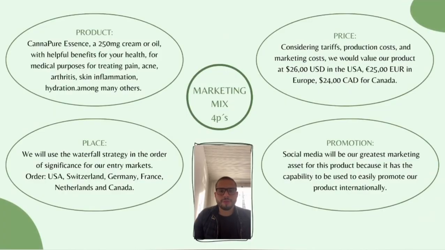Now, in the marketing mix for the 4Ps, in product we decided to offer our Cannapure Essence at 250 milligrams, in cream or oil, with multiple benefits. In price, considering all the variables such as tariffs, production, cost, and marketing, we decided to establish a price of $26 in the USA, 25 euros in Europe, and 24 Canadian dollars in Canada. About the place, we will use a waterfall strategy to enter first in the US market, then Switzerland, then Germany, France, the Netherlands, and at the end, the Canadian market. In promotion, our focus will always be on social marketing and the possibility to schedule advertising there to reach a wider